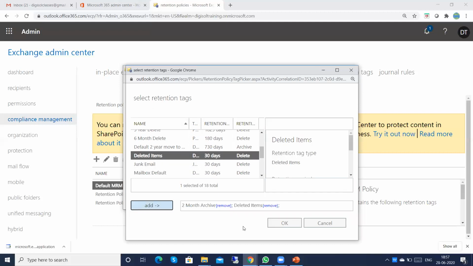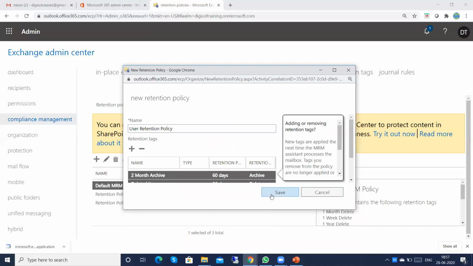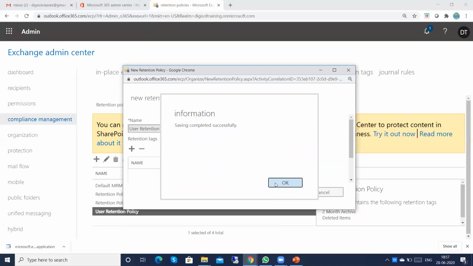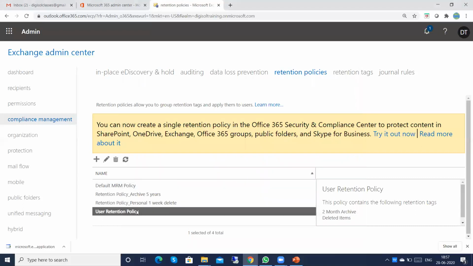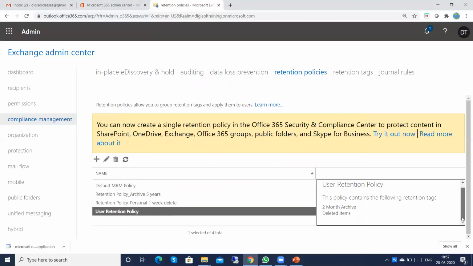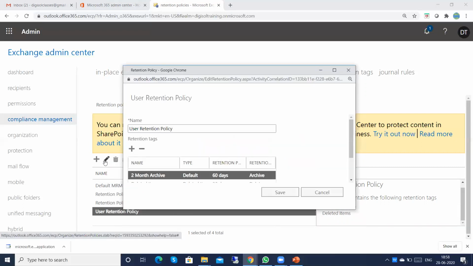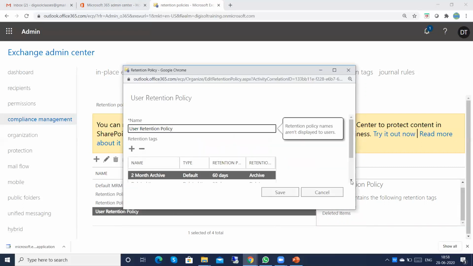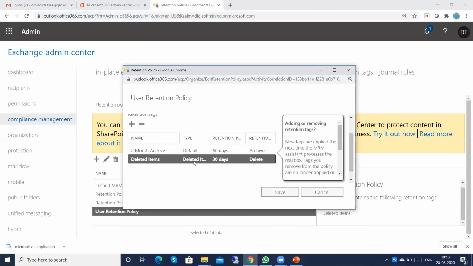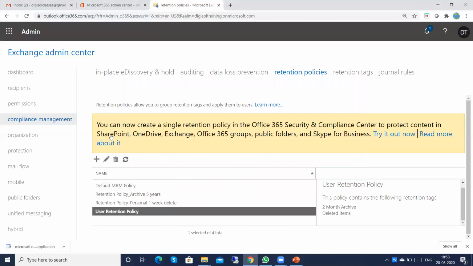You can select any tag as per your requirement. So okay, here I have created the user retention policy. You can see here which tags, the 2-month archive and so on. If you want to edit, we can see it here. Here you can see the deleted item and the archive tags. So you can modify as per your requirement.